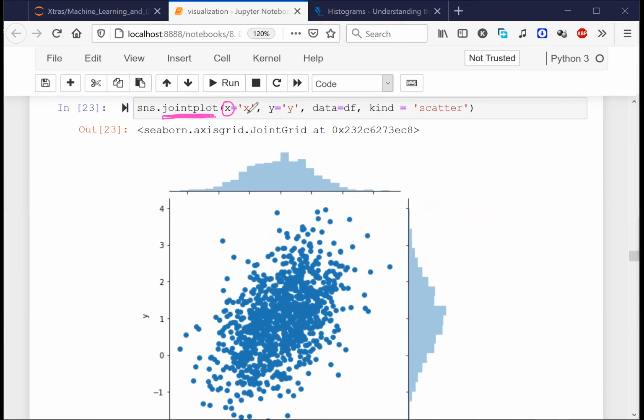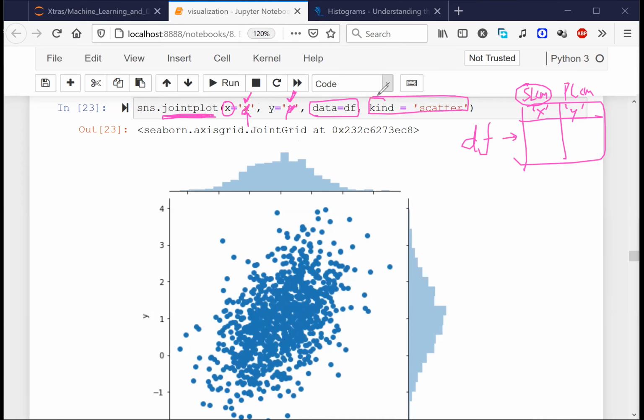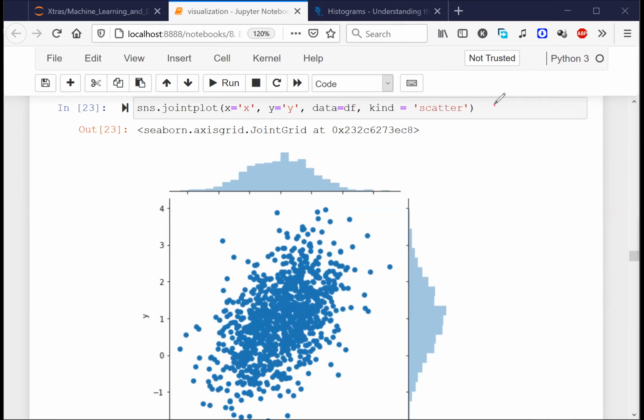On the x-axis, in the data frame that you were having, there was a column called x and a column called y. I kept the names of the columns as x and y, so that's why I'm saying x here and y here. Instead, you can also have sepal length centimeter in the case of iris data, and petal length centimeter. In that case, instead of x, you will write sepal length centimeter, and instead of y, you will write petal length centimeter. And the data is nothing but df, this entire data frame is called df. And what kind of plot do I need to plot? I need to plot a scatter plot. So this is how you need to represent this entire information inside this function, so that you can get this entire scatter plot. Is it clear to everyone?